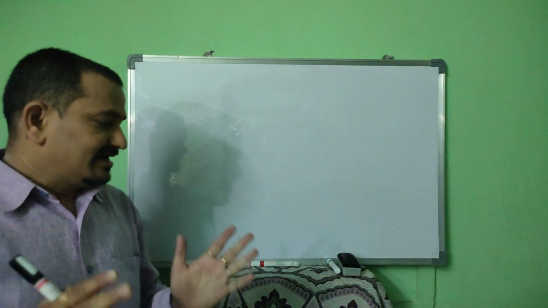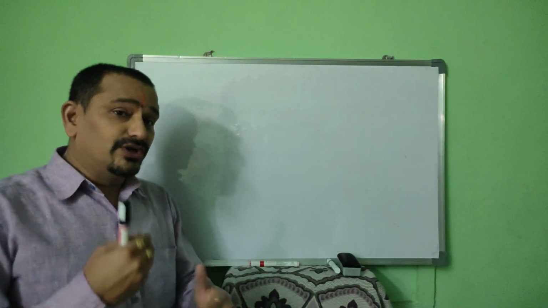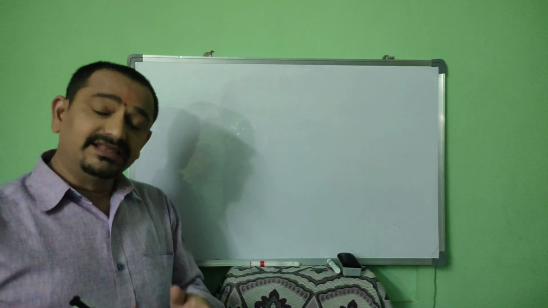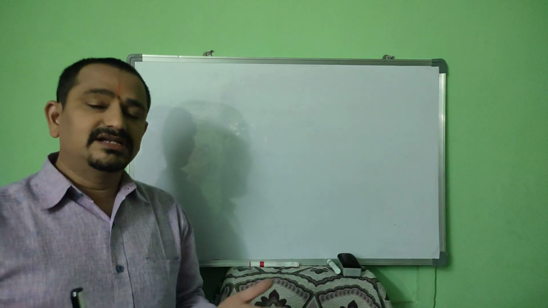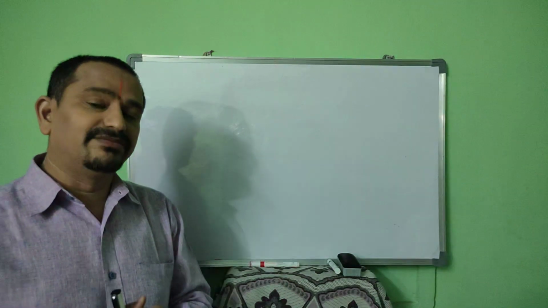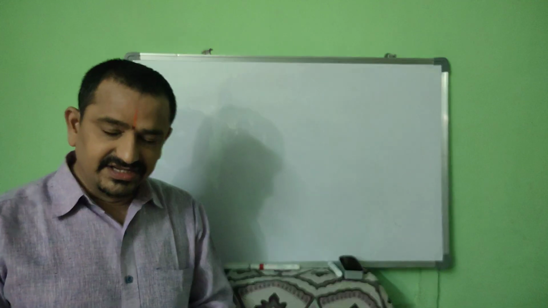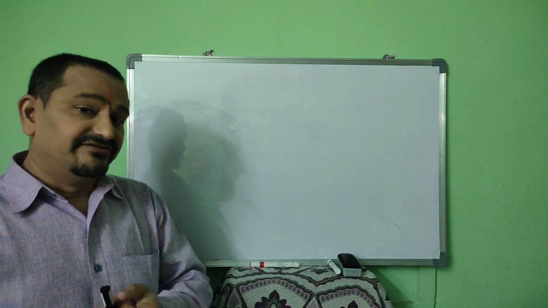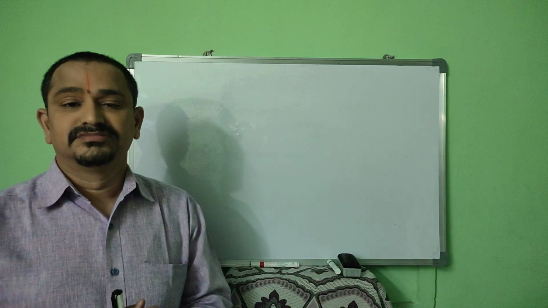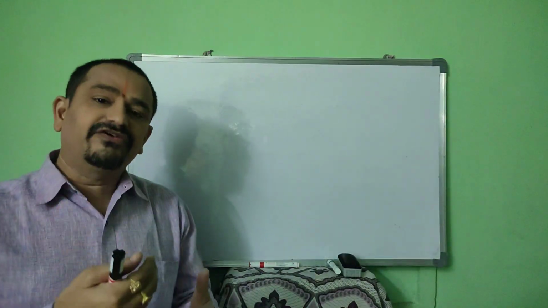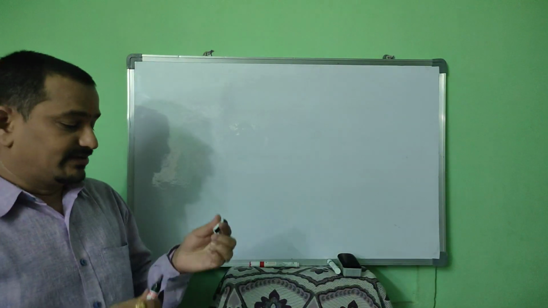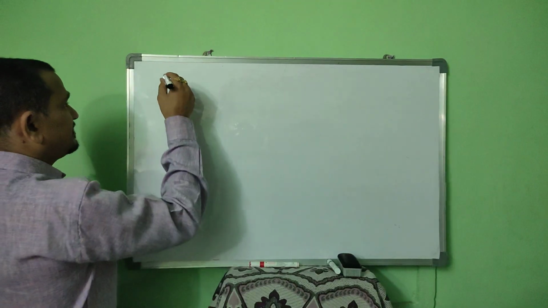Hello everyone. Now in this session we are going to study a new model of numerical. In the previous class we learnt about the determination of empirical formula when the percentage composition of elements was given. Now the next model is where they will ask us to find the empirical formula without the percentage composition of elements. How to? We have to find the percentage composition also, then determine the empirical formula. That's the method.